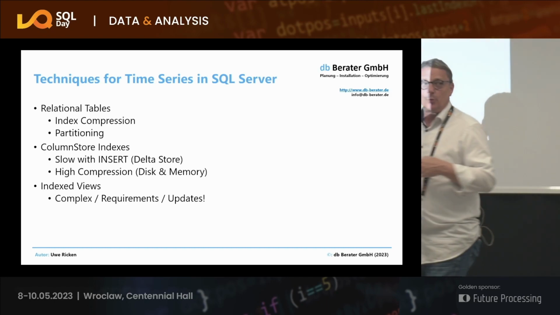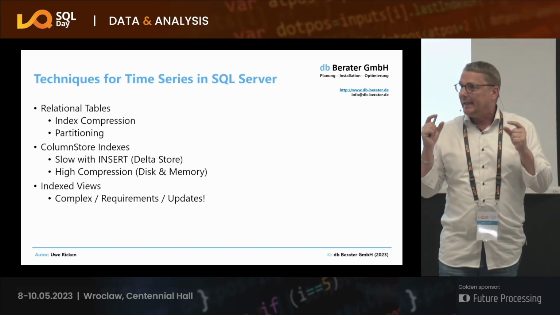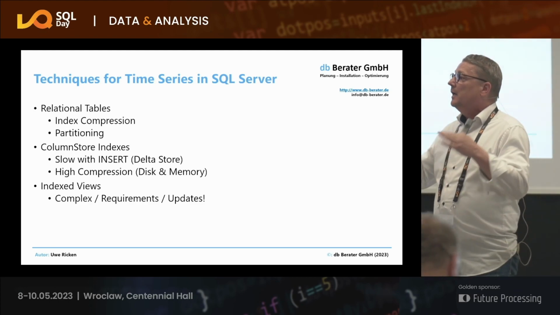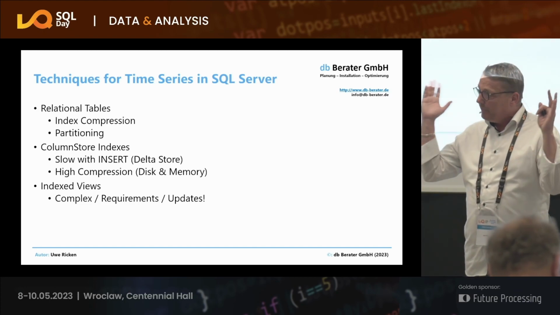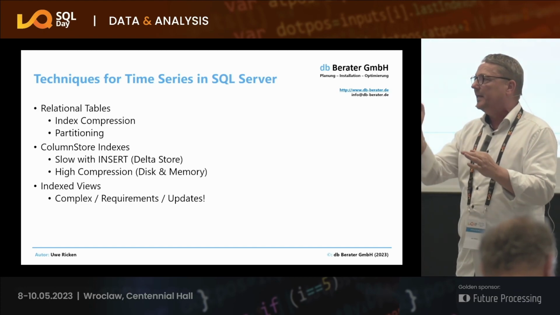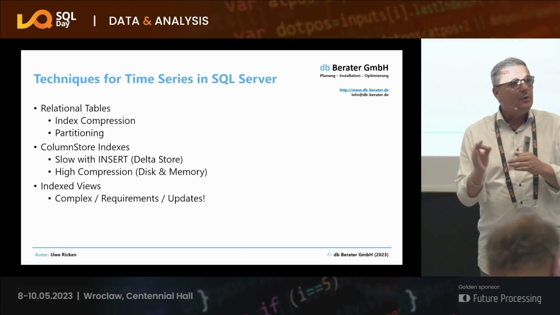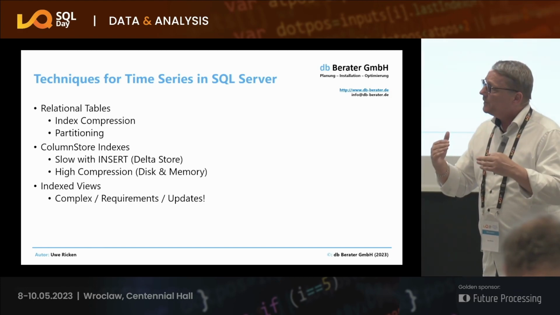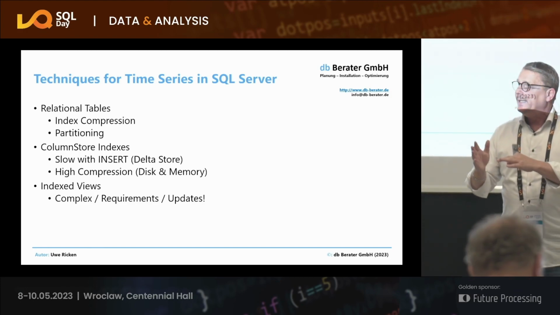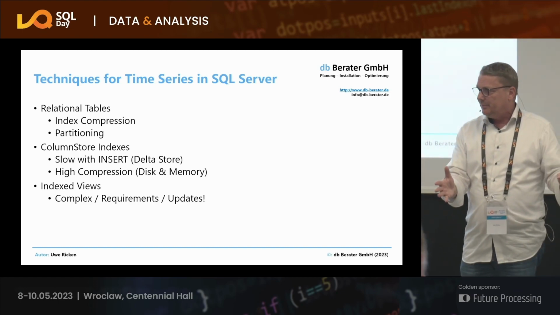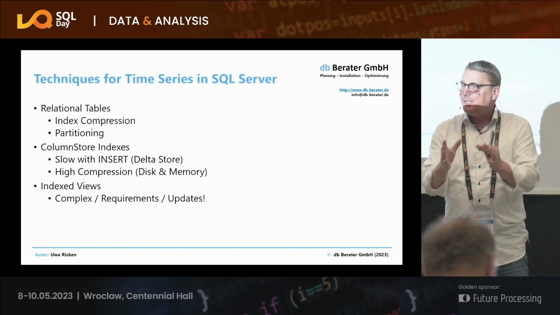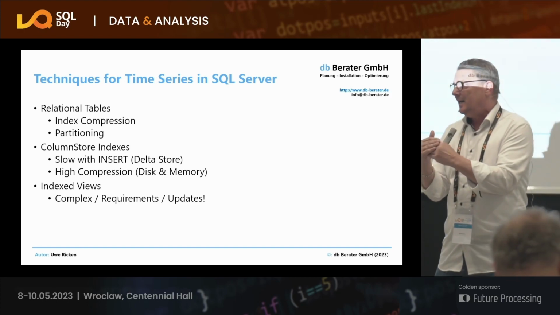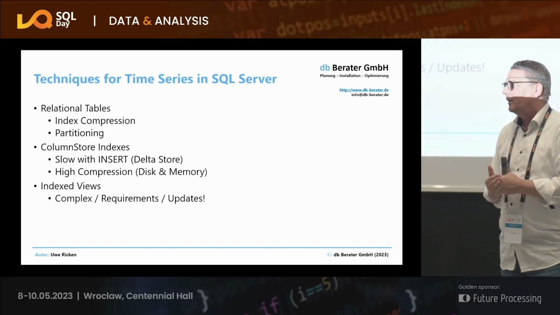Column store indexes work with delta stores, and delta stores can lead to tremendous problems. Because what is the delta store doing? When we have a column store index and we are pushing data into it, row by row by row, SQL Server cannot compress this data. The reason is very simple, it's too time-consuming. So what SQL Server will then do is create, let's call it a shadow table, which has exactly the same structure as the table itself. It's behind the scenes, but this one is not a column store table, it's a row store table.